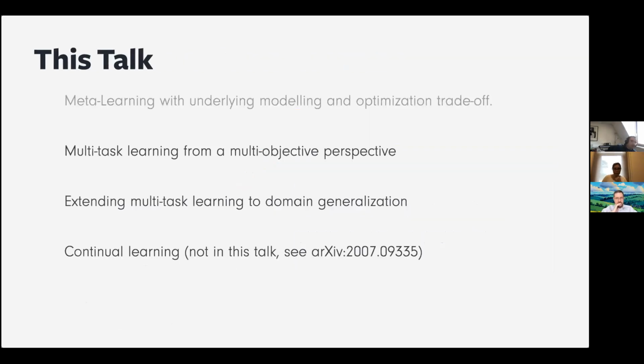So now we understood meta learning to some extent from this design space and the sample complexity with respect to the data and the task version. Now I'll first talk about general multitask learning. I'll move away from transfer learning and a little bit from this generalization. I'll actually argue multitask learning is not a single objective problem and you need a multi-objective optimizer for it. Then I'll present an optimizer we developed for it. And then I'll go back and try to extend these ideas to domain generalization.